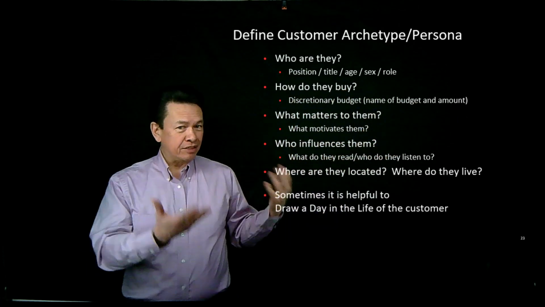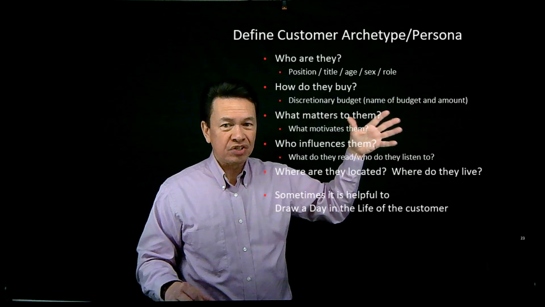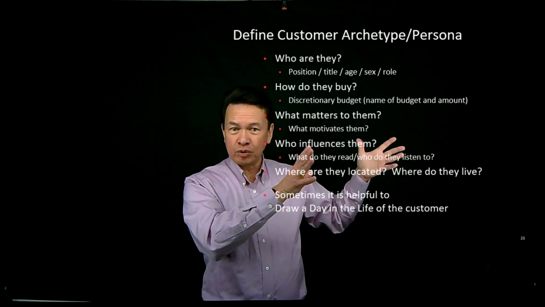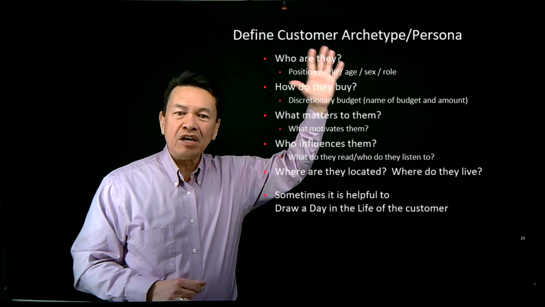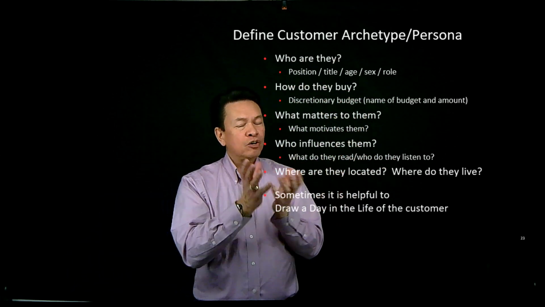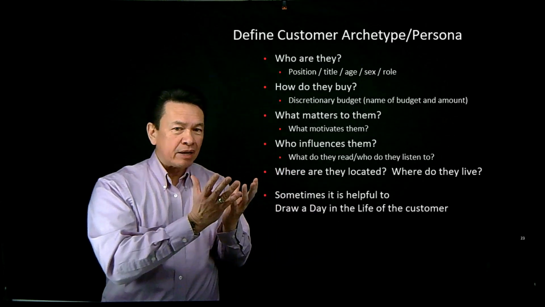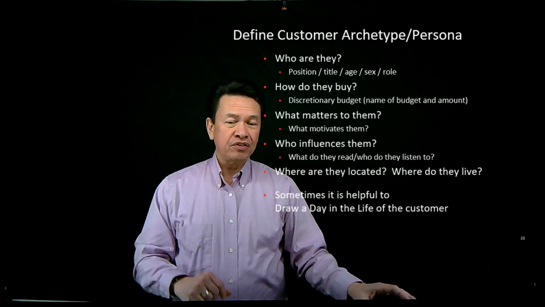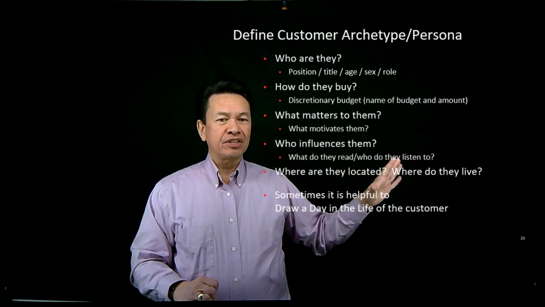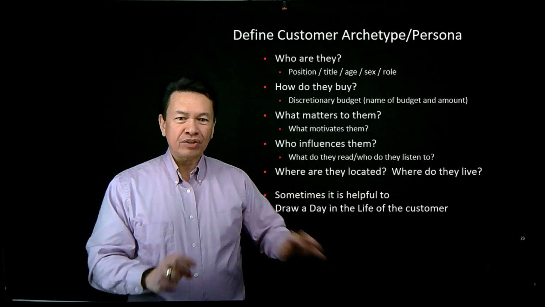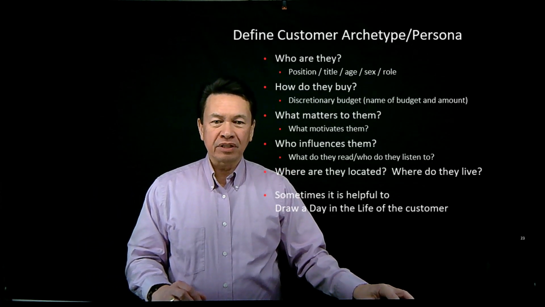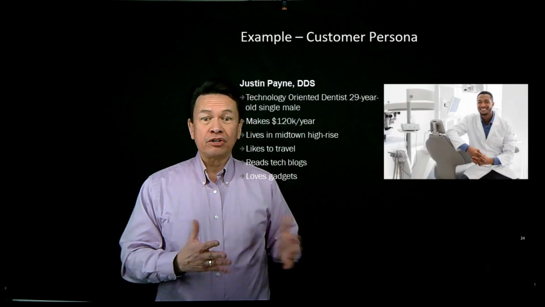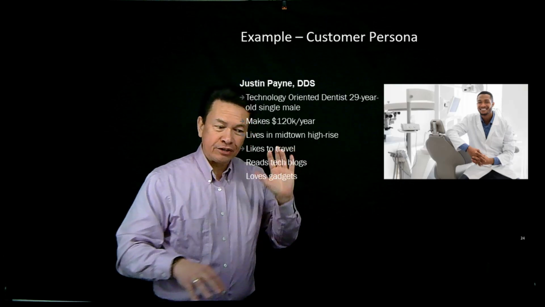How they look, how that thing looks, how does it perform, efficiency, who influences them? Is it general trends that are online? Are there specific influencers? Are there recommenders of some of these? So think about all those things, and you're trying to define what this person looks like, feels like, buys like. You're trying to almost bring them to life. And sometimes it's helpful, if you are stuck, to draw a day in the life of the customer. So what are they doing? And then when do they actually interact with whatever your product or service is going to look like? For some, that doesn't make sense. But for some of you, that could actually give you a lot of inspiration. So here's some examples. This is where the rubber hits the road, and you'll start seeing what I'm talking about.